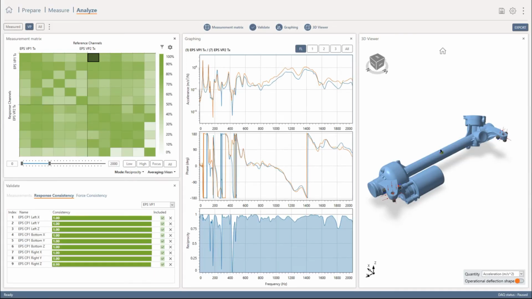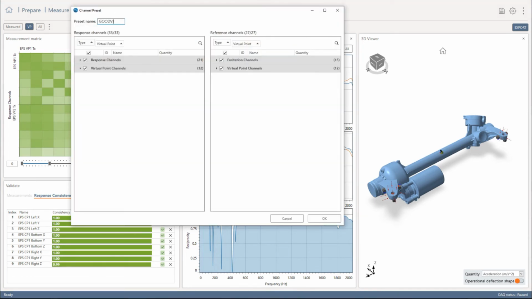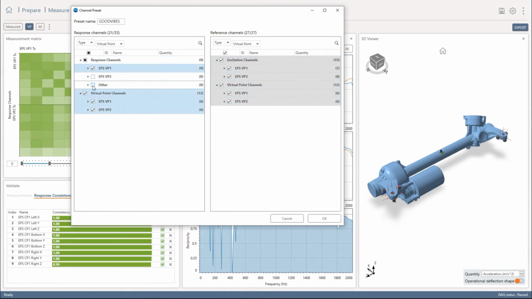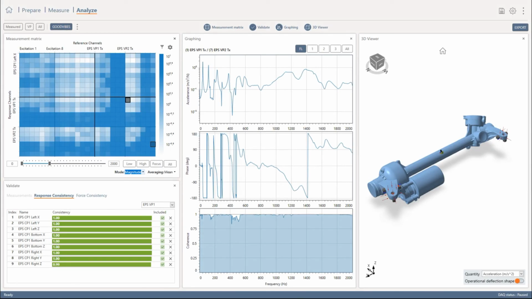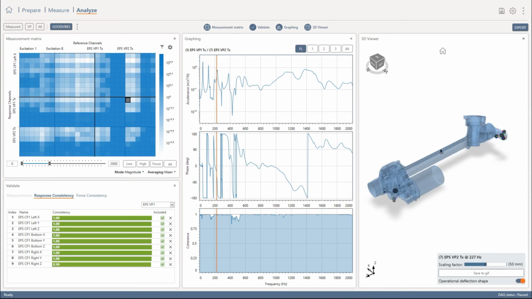Aside from the measured FRF and the VP FRF, we can also review data with other preset channels, or create our own custom matrix, combining any selection of measured and virtual point channels and reference channels. In the 3D viewer on the right, when we animate the operational deflection shapes, we only animate the channels that are included in the selected FRF matrix. Here you see we're animating the virtual points on both sides of the structure, and also the sensors on one side. These are the channels that we selected in the matrix.